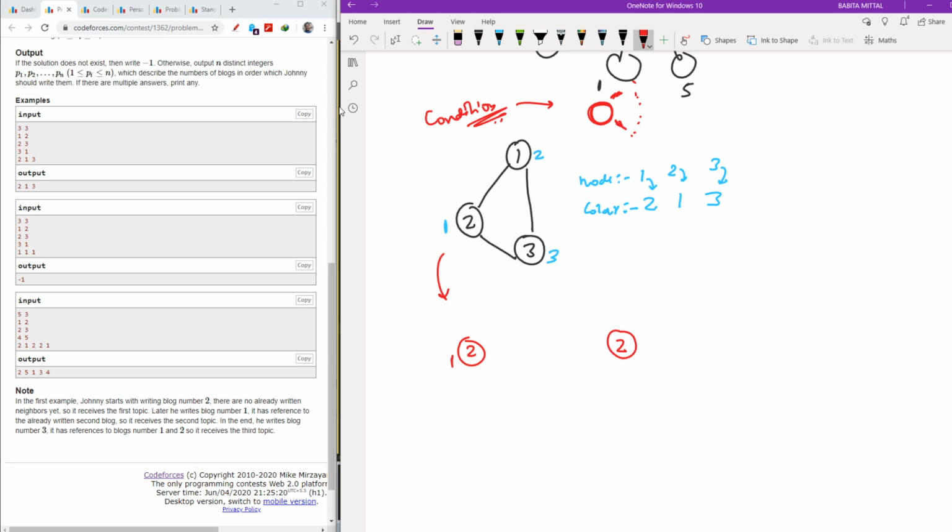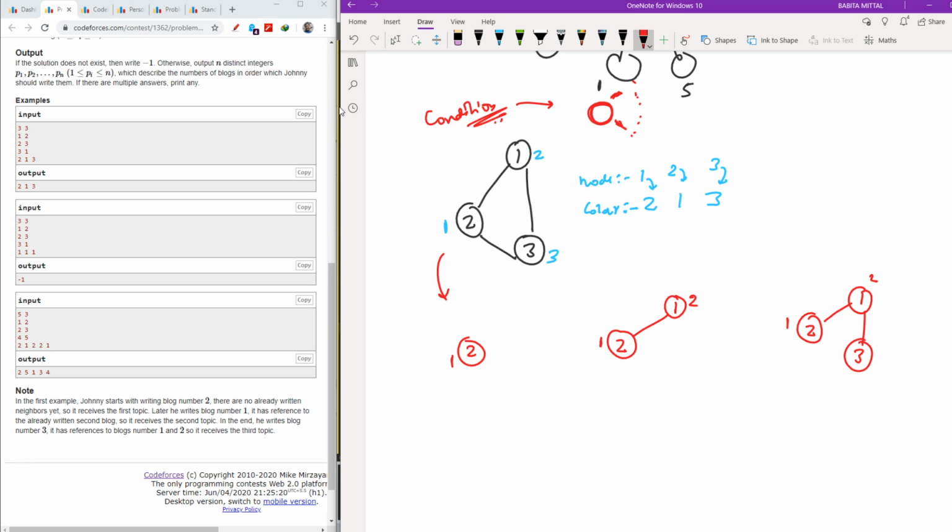Then I move to node 1. As you can see that his reference is 2. So the reference of 1, it can be 2 or more than 2, but it should be minimum, which means it will be 2. Very fine. Then I will move from 2 to 1. I have moved. It was 1, it was 2. Then I will move to 3.